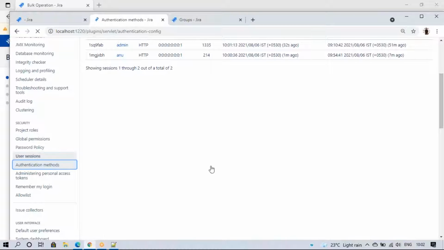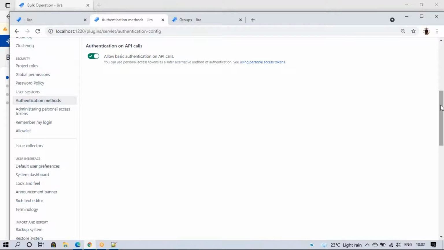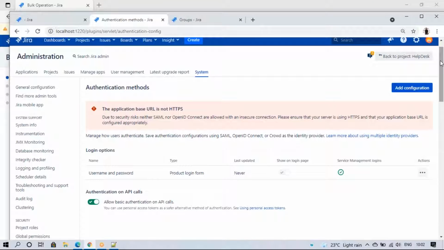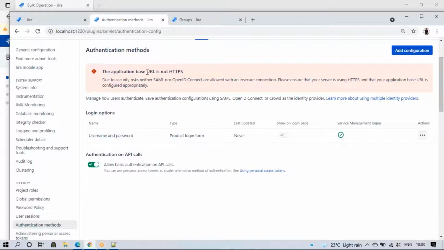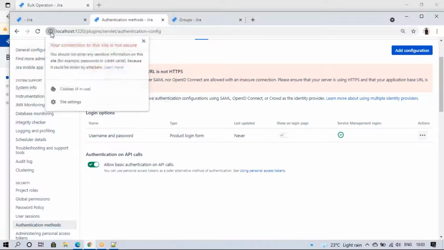So the authentication method, I think this is a new option, before it wasn't there. This is the SAML integration at the organization level. When you click on some URL, Jira opens automatically without entering username and password. SAML integration means single sign-on, SSO integration. Single sign-on means when you click on that link, it opens automatically with the help of your username and password. I'll tell you about that later. We don't have any SSO integrations like that, but it should be an HTTPS URL, not your application-based URL in HTTP, as that is not secure.